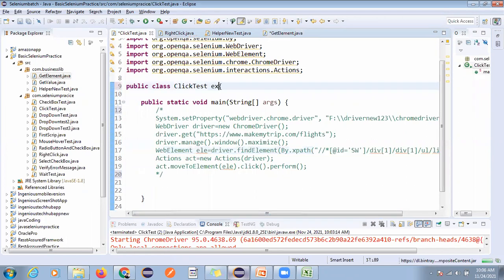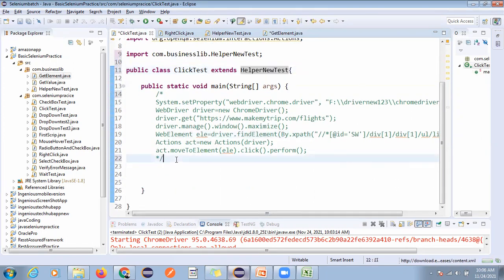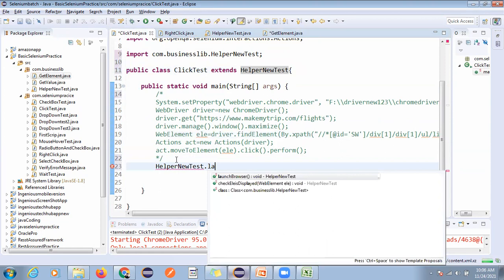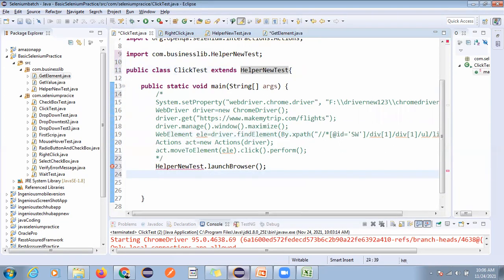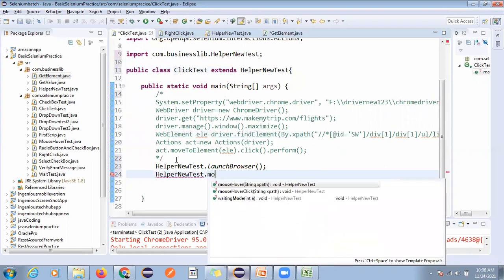helper test, new test, helper new test, then we will launch browser, and directly we can use helper new dot mouse over click.